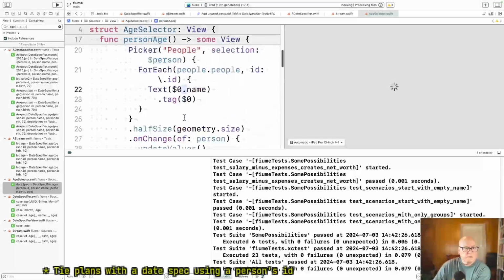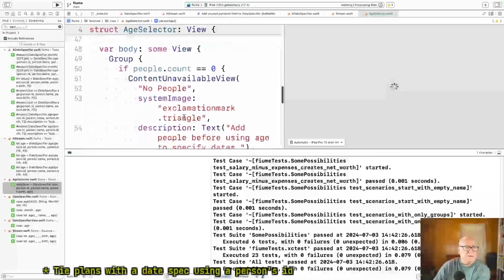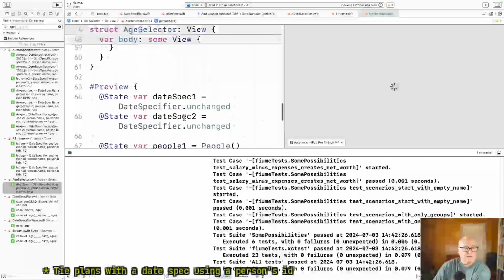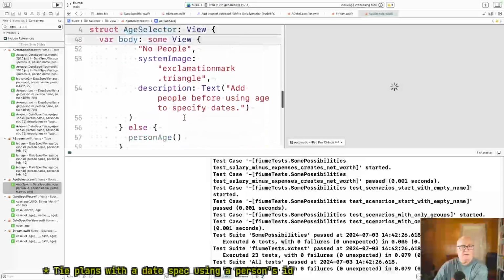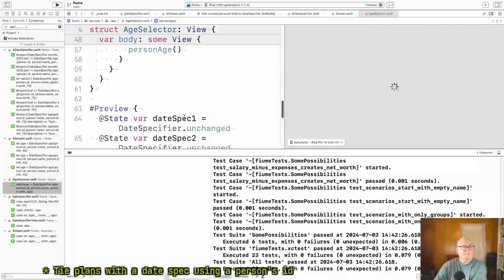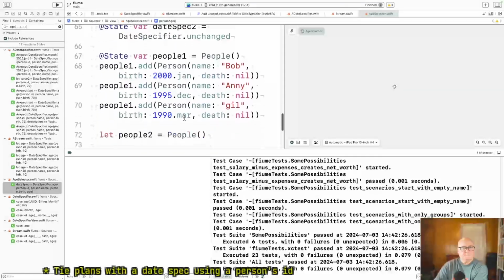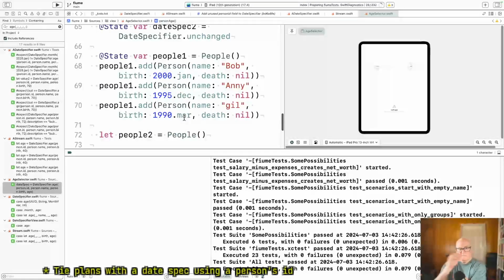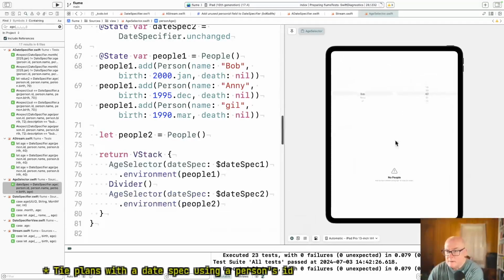So what's something was built the date spec, right? Where's that happen? Okay, let me get this a little bigger. Okay, so we've created Bob, Annie, and Gil. We got that.